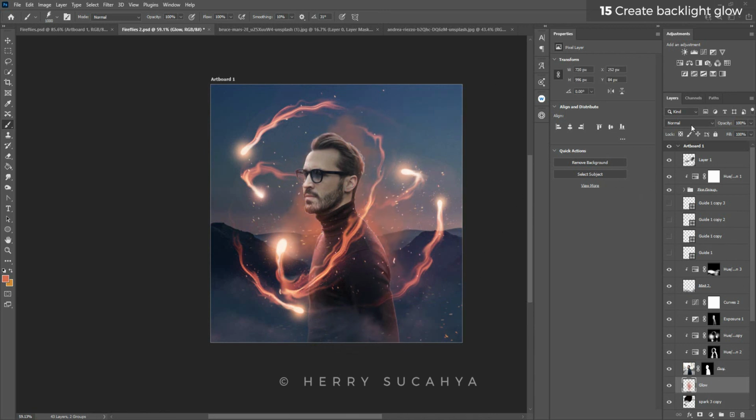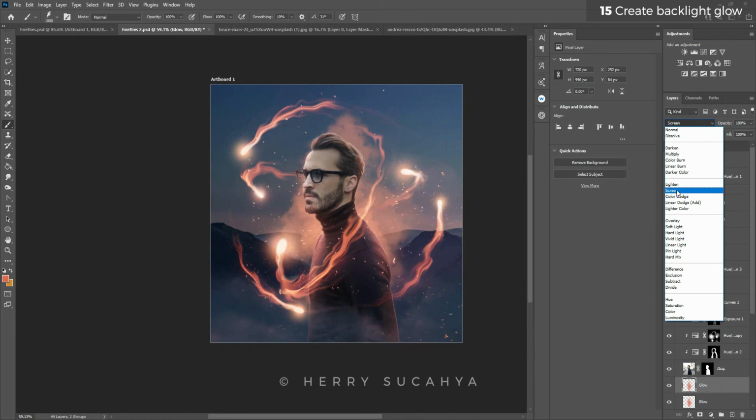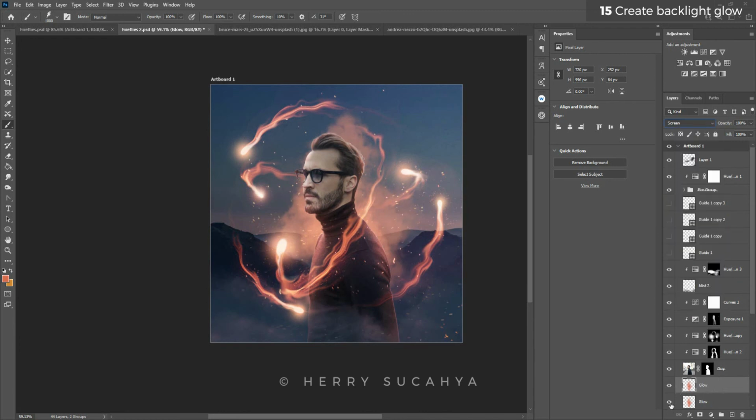Oh yeah, I forgot to change the blending. Wait a minute, I think I would like to duplicate this and then change into screen. Okay, so this normal blending mode enhance the color, and this screen gives more brightness of the smoke. I think I'd like to select this too and bring this down a bit, sorry, and put it more for